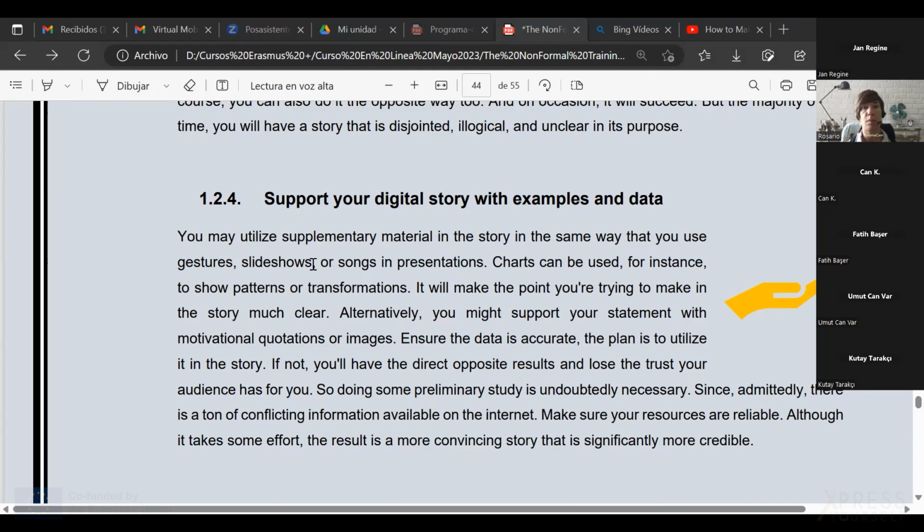If you include examples and data, that is a good thing to grab the attention and to support what you are saying. And songs, music are also a good thing to include. Keep in mind that song music changes our mood.